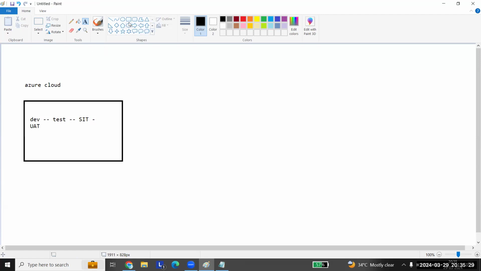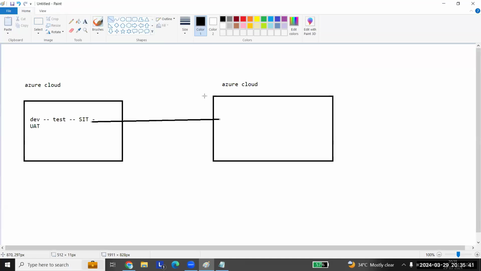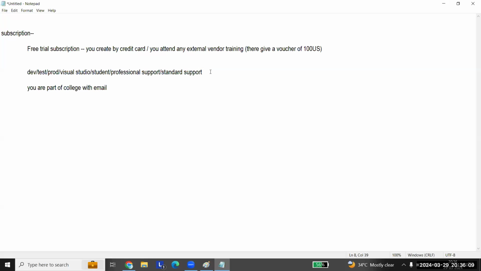So there, in the Azure cloud, when you deploy this piece of code, you deploy into the prod environment now. So you'll have the prod environment. Okay, you'll have prod. Now, when you deploy to this prod environment, you might require support from Microsoft, because if something goes wrong, or you need some support from Microsoft in an emergency, you can go and have this professional and standard support also.